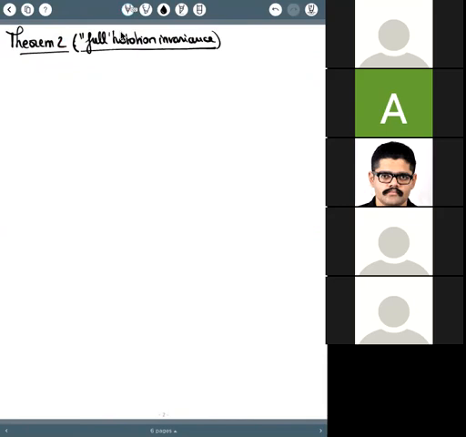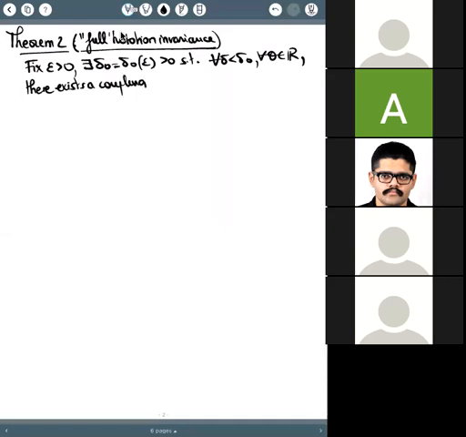And it states the following. So you still stay with Bernoulli percolation, but for those who know, you can also extend to Fortuin-Kasteleyn. So you fix epsilon as before, and I claim that there exists a delta 0 as before, such that, again, for any delta smaller than delta 0, for any theta, there exists, and that's where things are going to change, a coupling. I'm going to call it P, but I want you to remember that it actually depends on epsilon, delta, and theta.